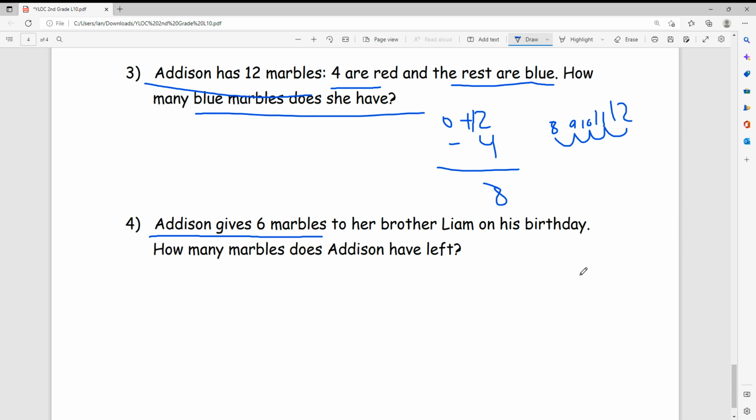Finally, Addison gives 6 marbles to her brother Liam, on his birthday. How many marbles does Addison have left? So this one,